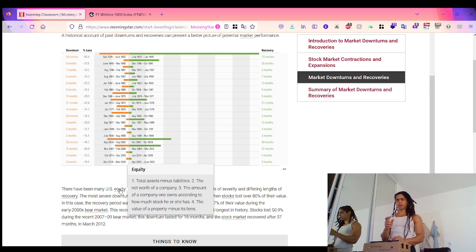Okay, according to what I own in a company, that's my equity. It's a share of that pie from the company. Also, the value of a property minus its